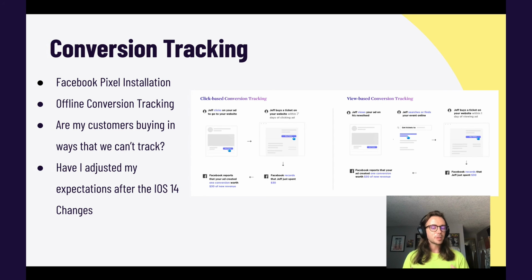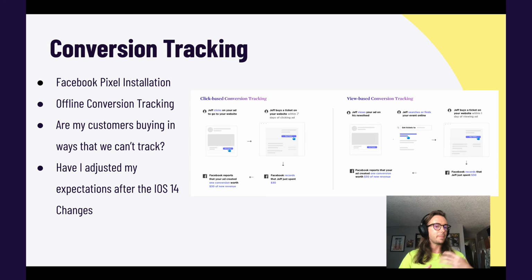And lastly, especially if you've previously been doing a lot of event marketing advertising prior to the recent iOS 14 changes and what occurred with Facebook, you'll also really want to adjust your expectations. Many of us might have seen huge return on ad spends previously from a lot of campaigns. This was almost a double whammy effect. Not only did the window where purchases get recorded shrink from a 28-day window down to a 7-day window, so you'll naturally see a lower return on ad spend from the campaigns,